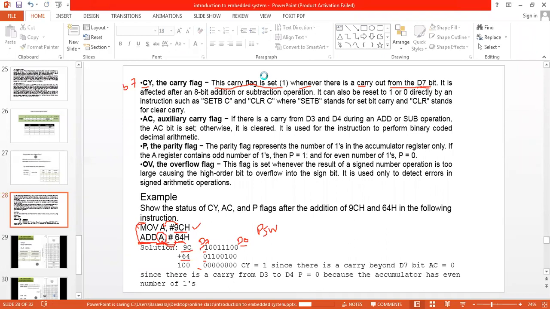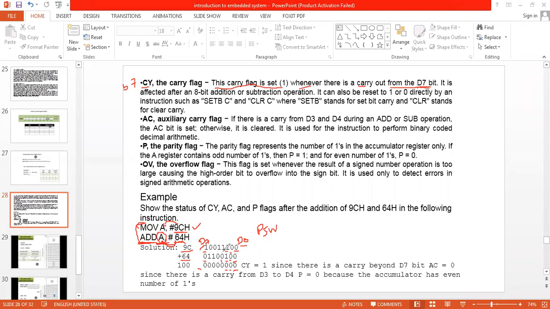One plus 0 is 0. No, it is not like that. Whenever I'm performing an addition, then it will be from D0 to D7. So add from D0 to D7. 0 plus 0 is 0. 0 plus 0 is again 0. We know the half adder, correct? It is the same. 1 plus 1. What is 1 plus 1? It is 2. 2 means 0, carry 1 here.